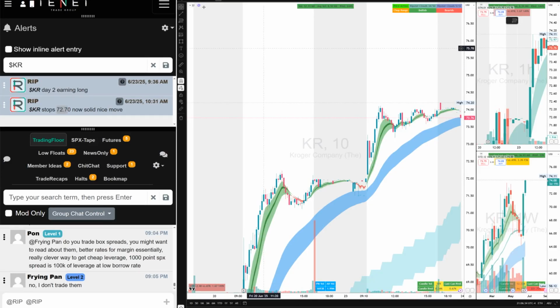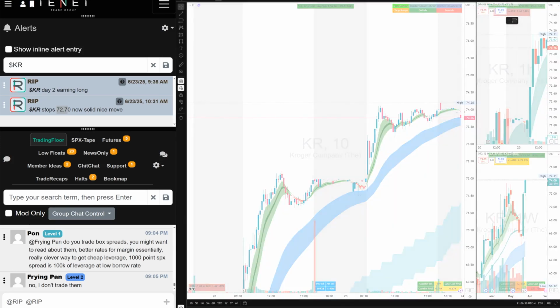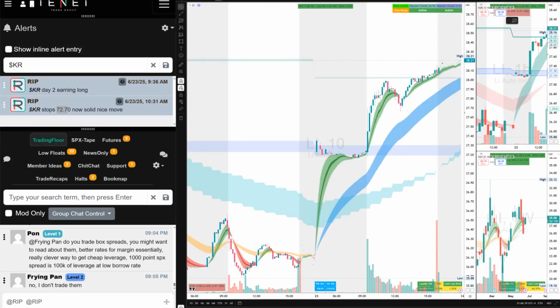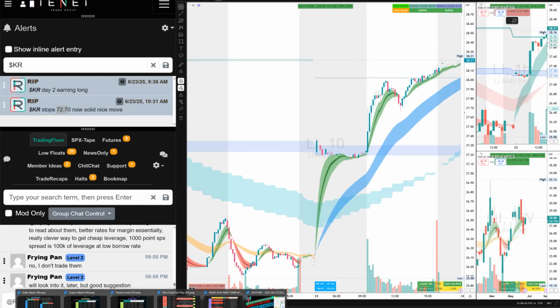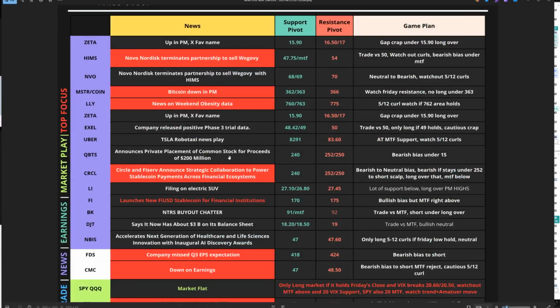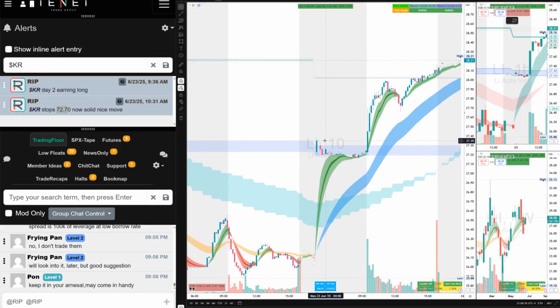Let's go to the next one, and the next one we're going to look at is LI. So what was LI here? LI was also on our game plan today. LI was a beautiful trade, messed up with a little market pullback. Okay, so LI was getting into electric SUV. Always good. A lot of support below. I said a lot of support below. Long over the pre-market highs. So as soon as it pushes here, you take it long right away.